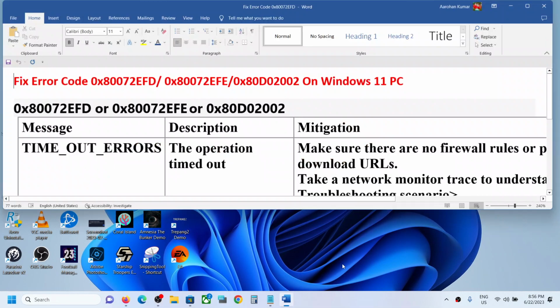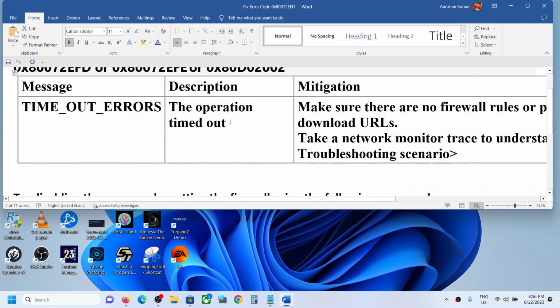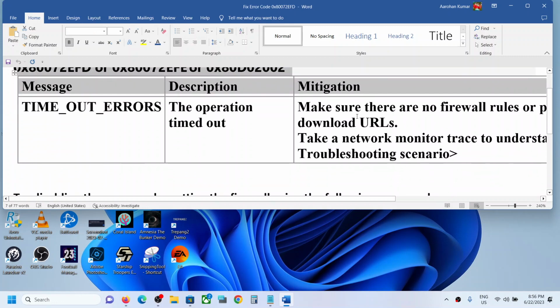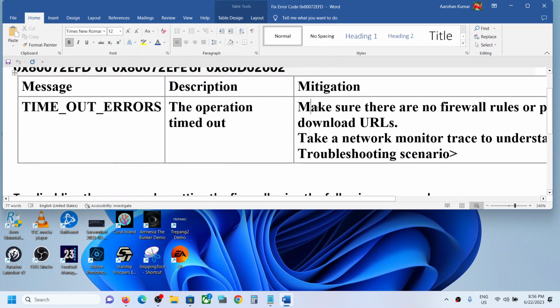Today in this video I'm going to show you how to fix these error codes: 0x80072EFD or 0x80072EFE or 0x80D02002. So if you're receiving these error codes on your Windows 11 computer, then please follow the steps shown in this video. So here you can see these are the error codes, and here you can see